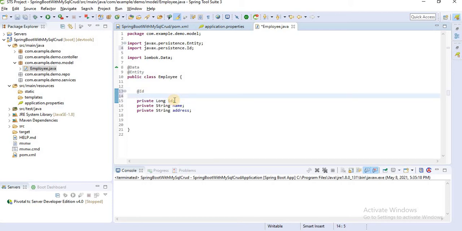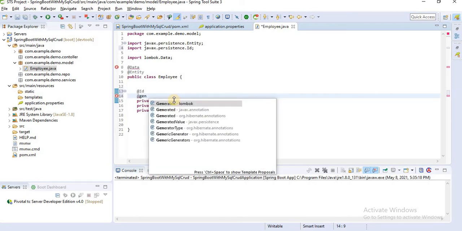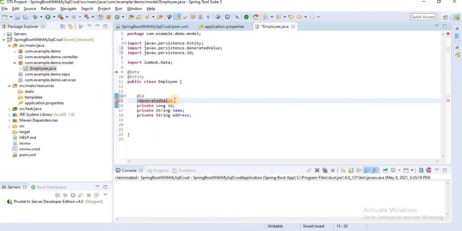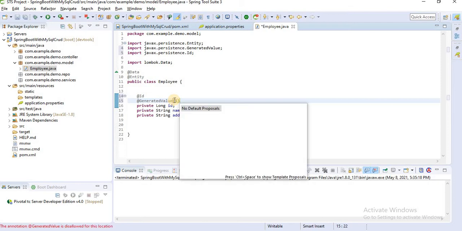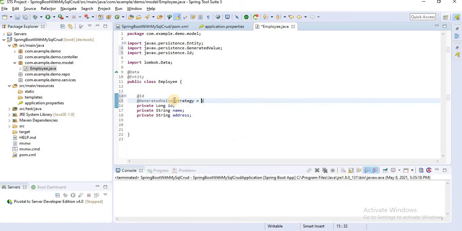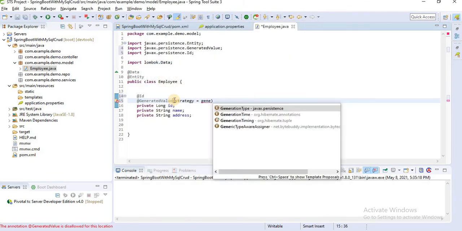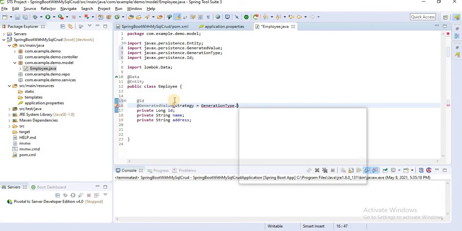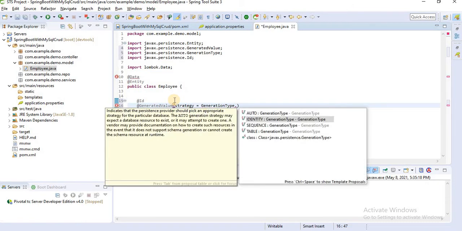For that we have one annotation, @GeneratedValue, with strategy GenerationType, where we have AUTO, IDENTITY, SEQUENCE, TABLE. Okay, we are defining IDENTITY here.